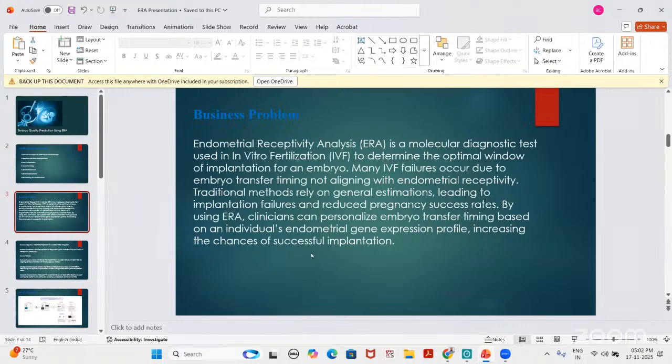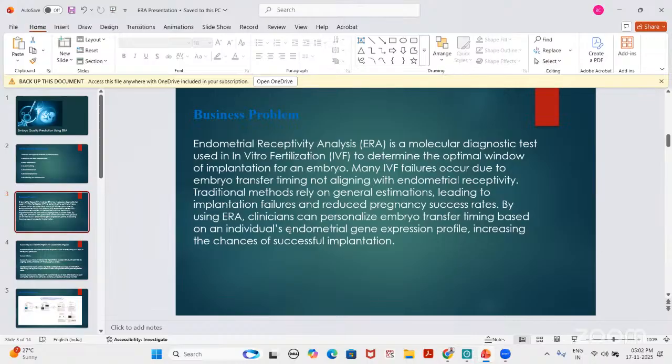For that, we have a business problem. Endometrial receptivity analysis, which is ERA, is a molecular diagnosis test used in IVF, which is in vitro fertilization, which helps us to determine the optimal window of implantation for an embryo. Because, see, the thing is,